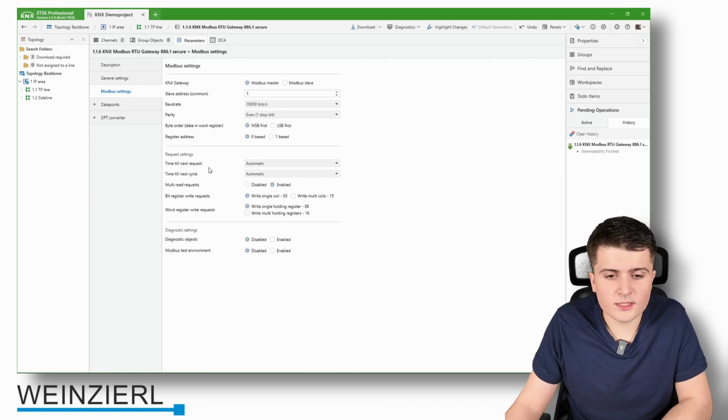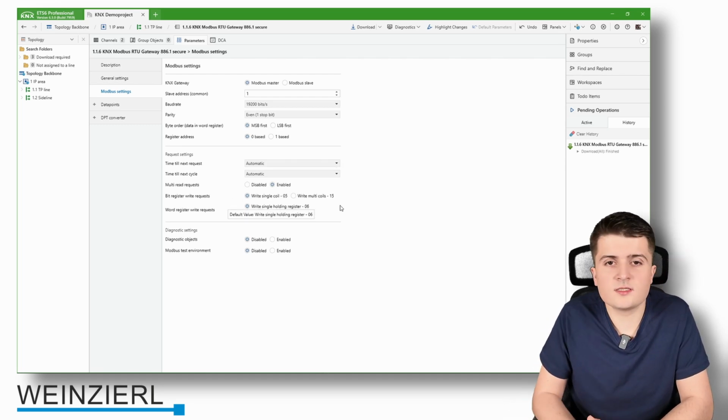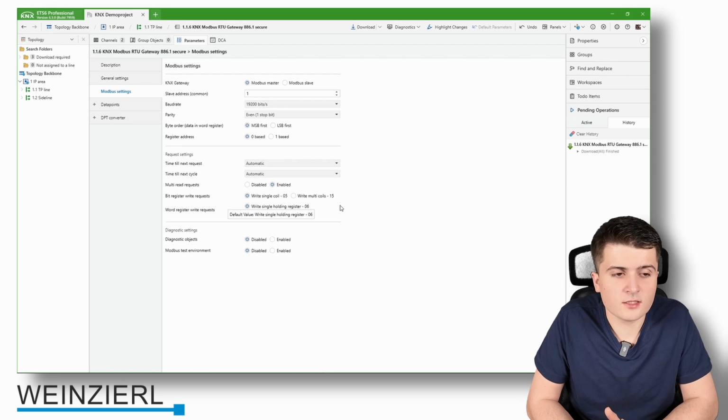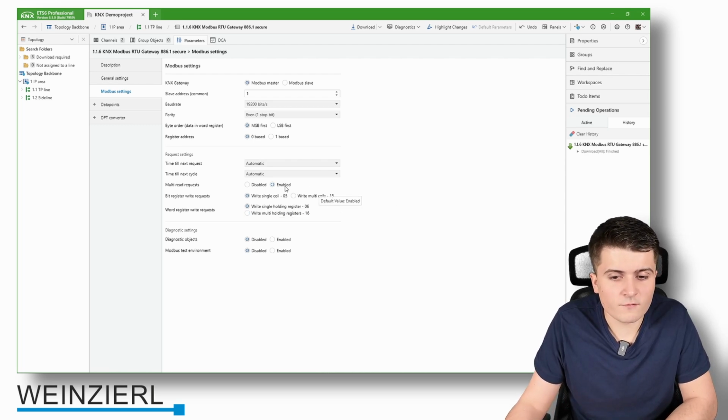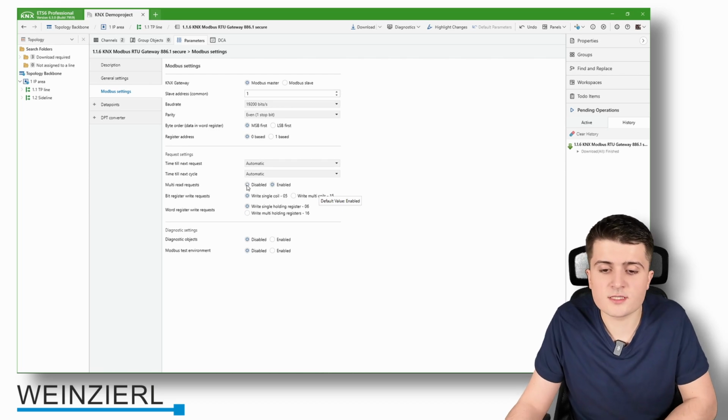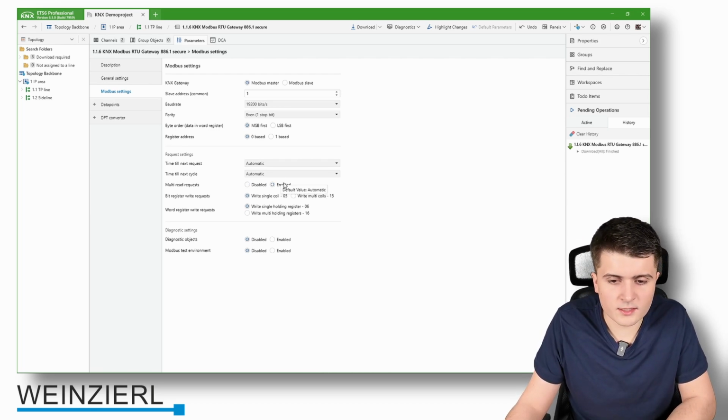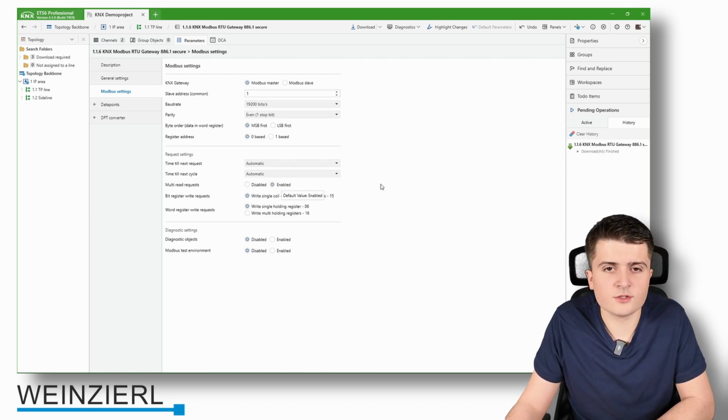Here down below we can set up some settings regarding the Modbus requests, so how often should they be sent. And down below here you can already see what we talked about when we took a look into the function codes. First of all, we can enable or disable if we want to read multiple registers at the same time. Now normally this is fully okay if you leave it enabled, but again, compare it to the manual of your Modbus